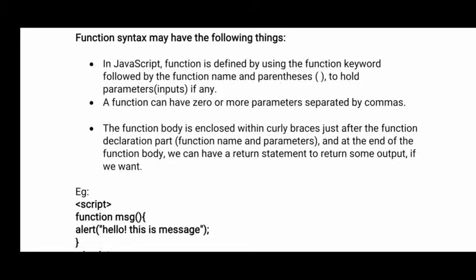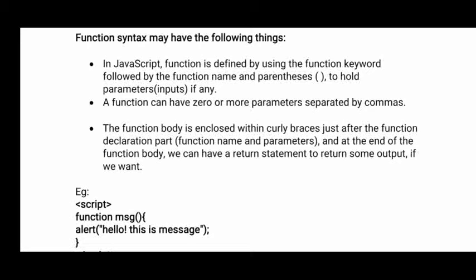Now, a function declaration may have the following things. Whatever syntax I just explained, not all those things are mandatory, but a few things are mandatory. What are the possible things we can declare in a function declaration? The first one, function definition. A function declaration should start with the function keyword, followed by the name of the function. Inside the parentheses we give the parameters. Those parameters are used to receive the values.